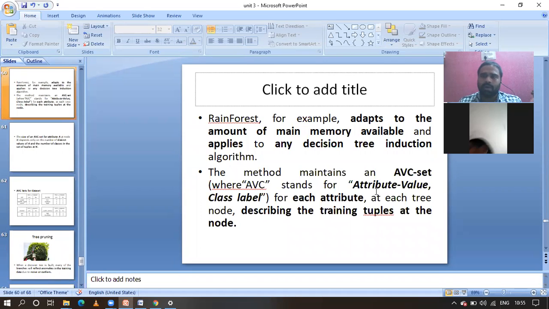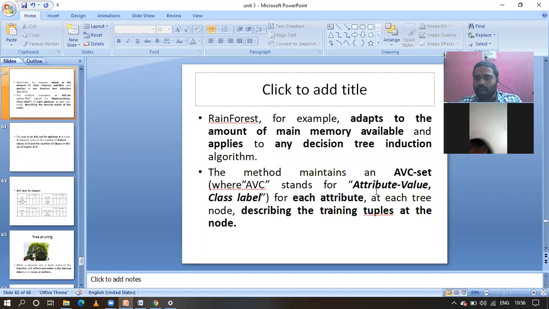Suppose in my data set I have 12 attributes. For constructing the decision tree, I am going to divide it. First, one attribute's corresponding attribute value and class label set, I will take that into the main memory and construct the decision tree for that particular attribute.